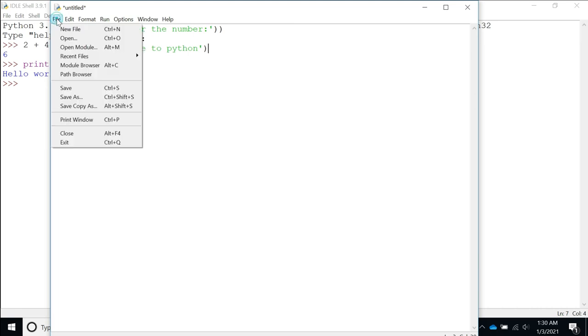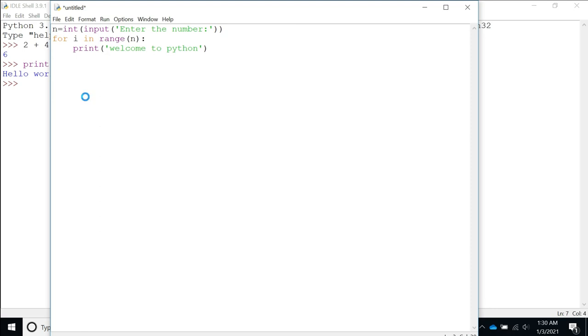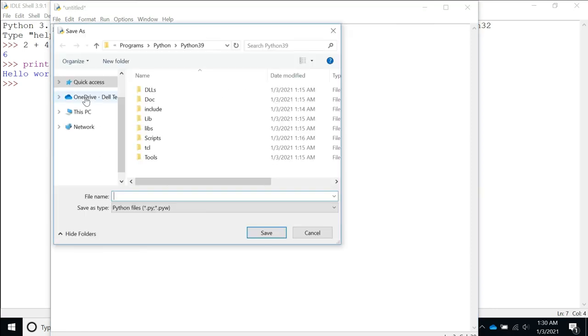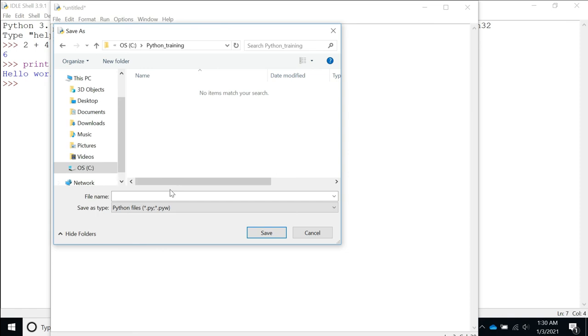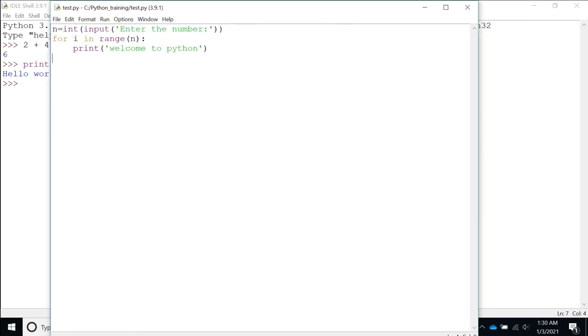So to save, go to file, save as, and I am saving all my Python here, Python training folder, C drive, and you can just write test.py, the file name and extension is .py. Now it is saved.